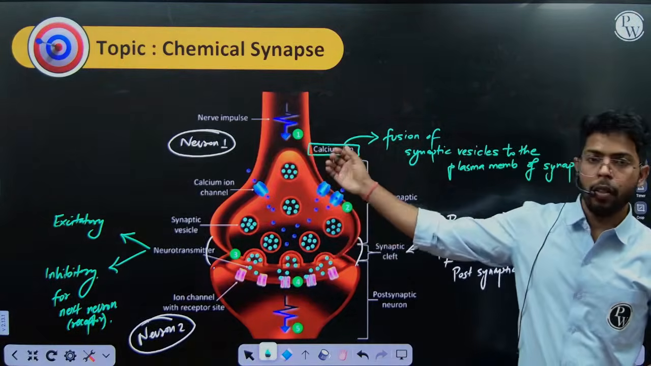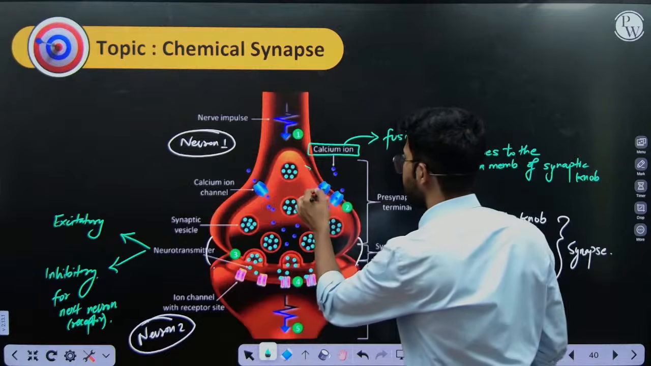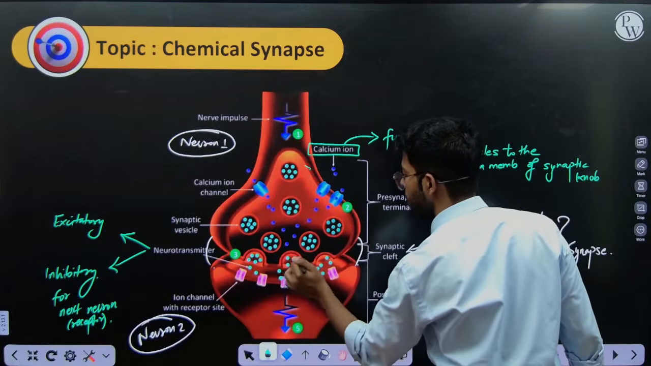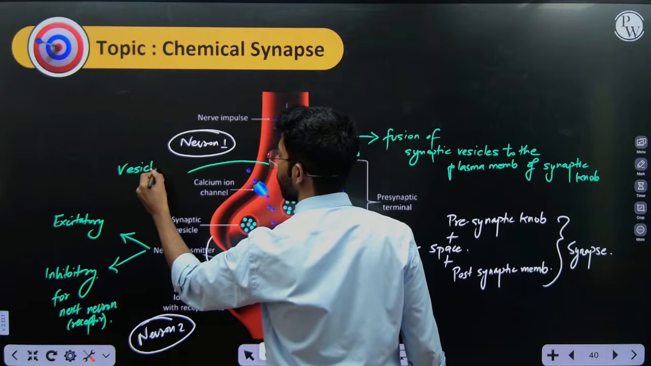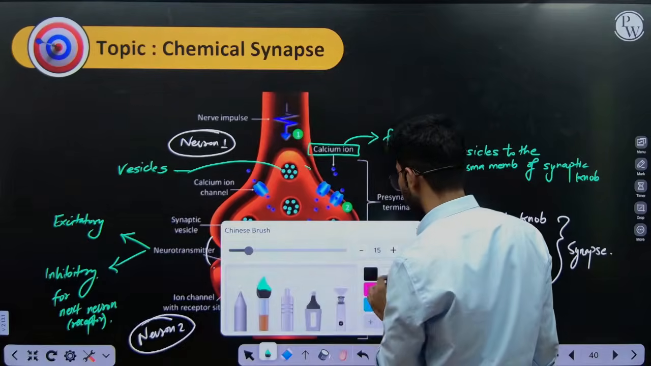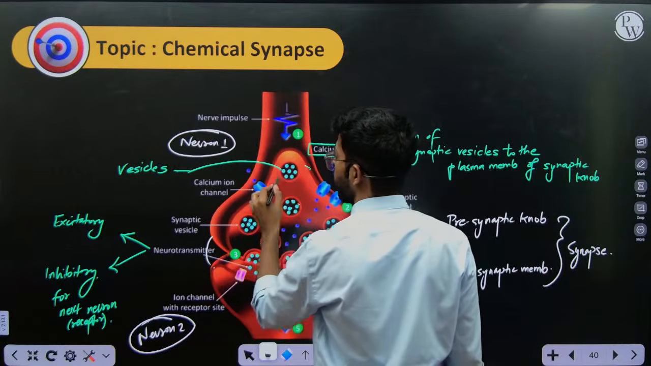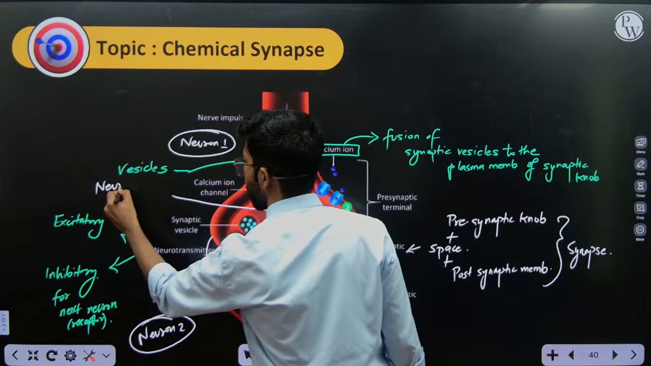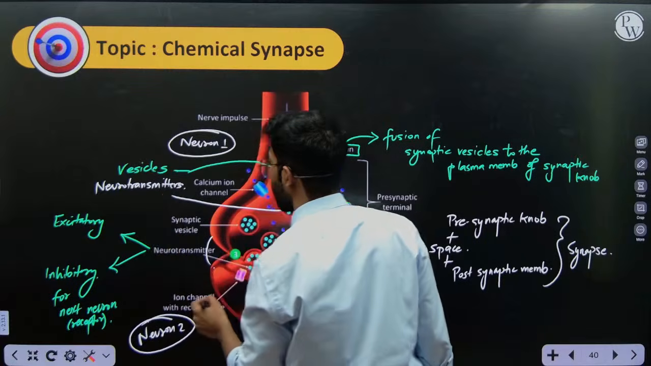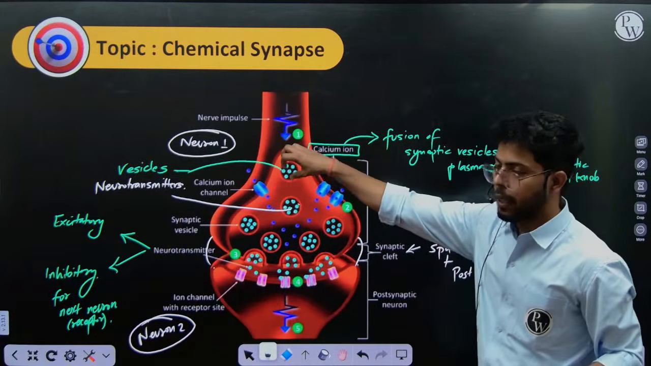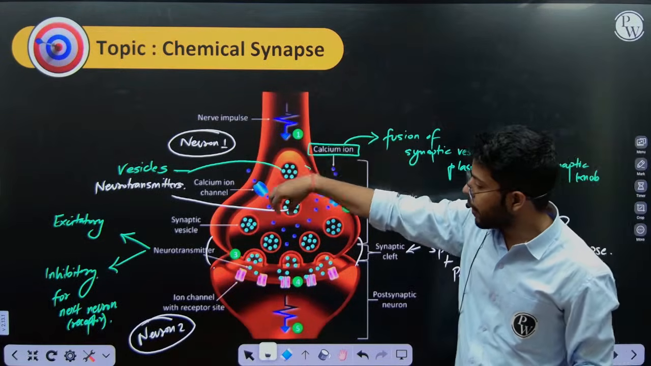So calcium ion is required for this vesicle fusion. That means without calcium ions, they cannot fuse to this membrane. These are the vesicles, and inside them, the blue colored particles are the neurotransmitters. They are packed inside the vesicles, and upon the action of calcium ions, they get fused to